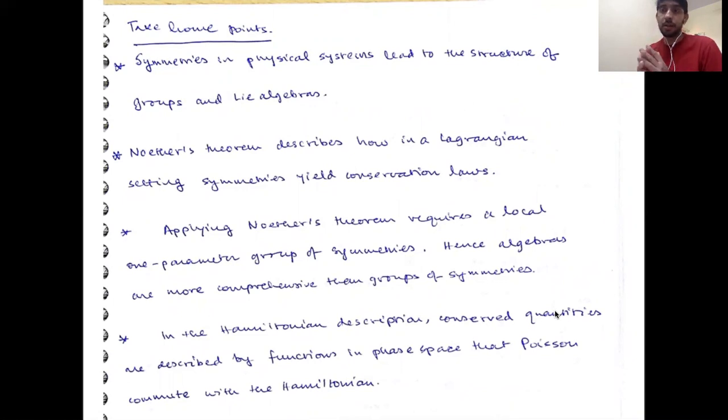So continuous groups and how to deal with that. But before we go there, we want to be looking at finite groups. So we will be starting off with discrete groups in the next class,